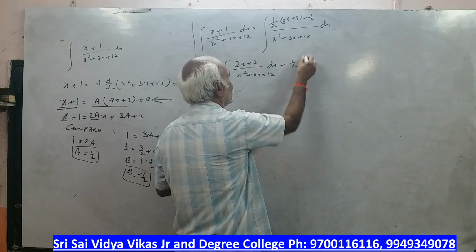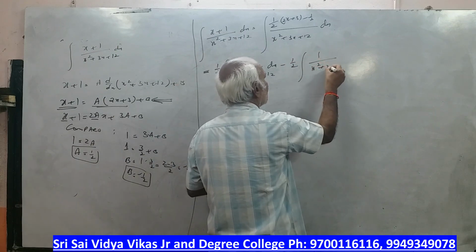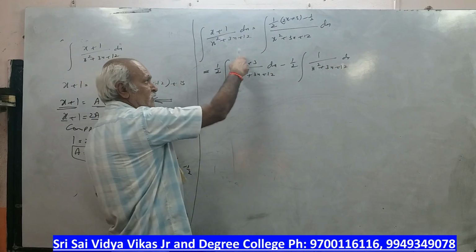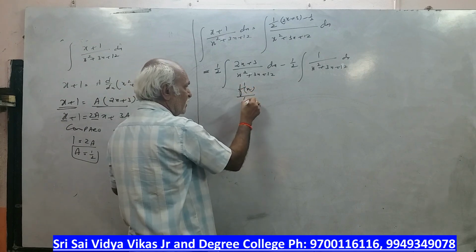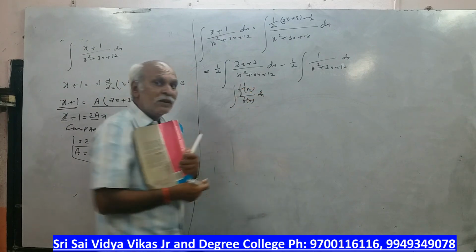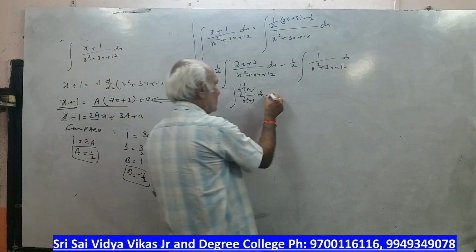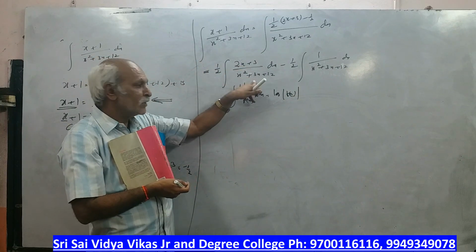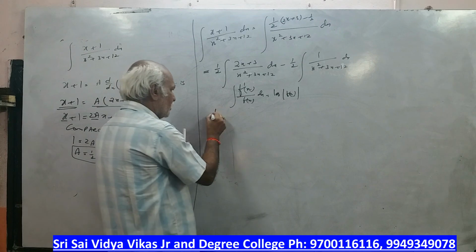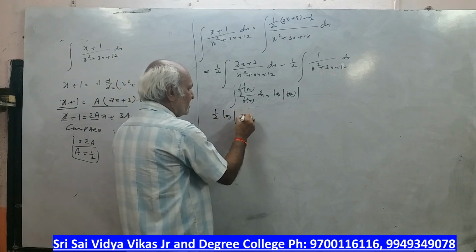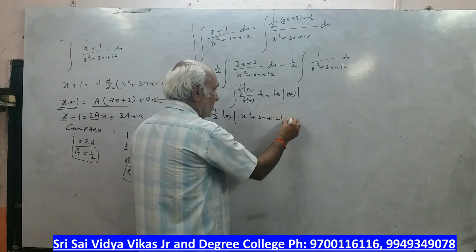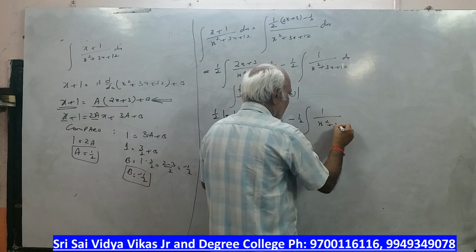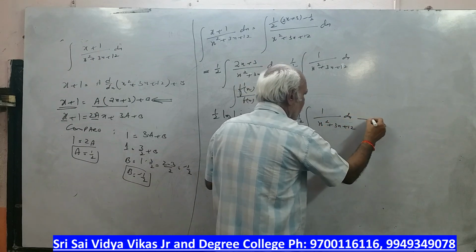dx. Right? Now the derivative of this is there in the numerator. We say f dash x by f of x. What is that we call? f dash x by f of x, which is nothing but log of f of x. So the numerator is the derivative of the denominator. So what is the formula here? We have to write 1 by 2 log of f of x, which means 1 by 2 log of x square plus 3x plus 12, minus 1 by 2 integration of 1 by ... dx. You call it Roman 1.